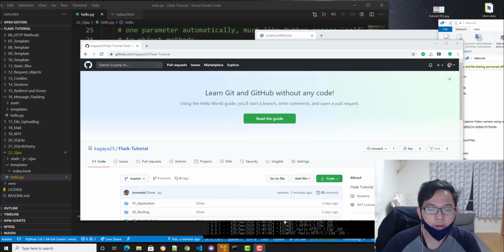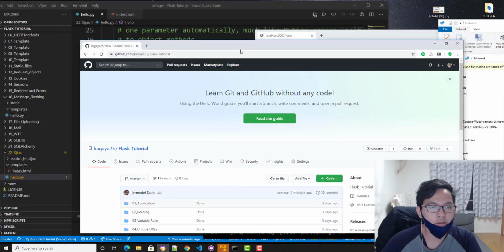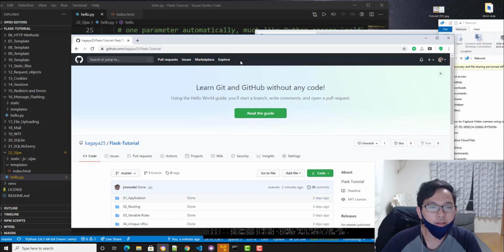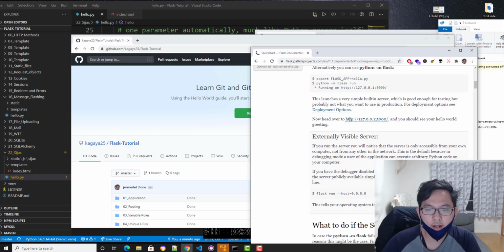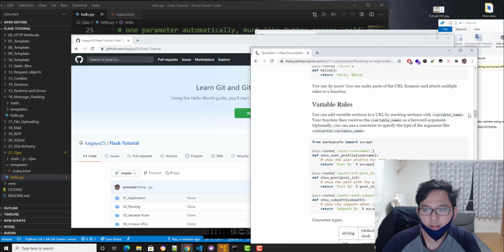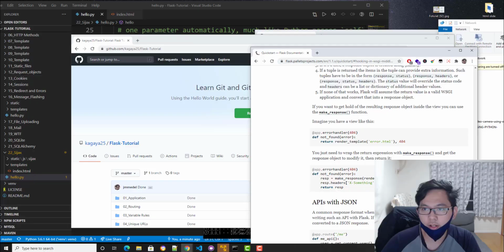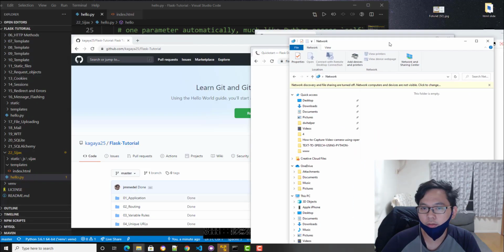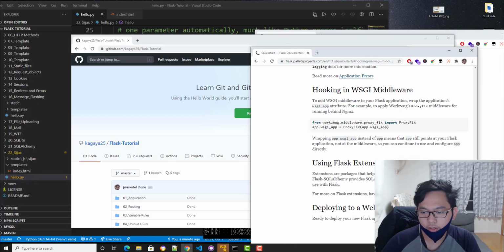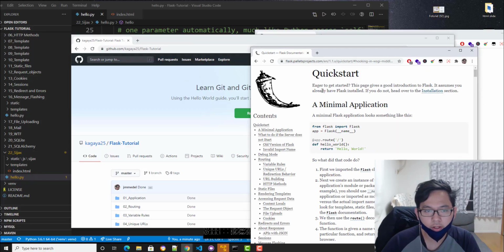Okay, so we're on the final part of the Flask series that I made. I almost explained most of it. If you go to the documentation, we already tackled all of it anyway. And yeah, you can still read the documentation.